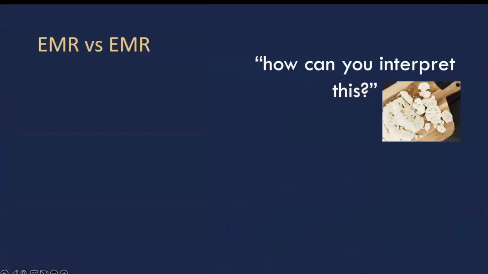So one thing is, it's an interesting slide, a lot of people's EMR versus ESD, right? And I've put here EMR versus EMR, because in my view, there is EMR and then there is high quality EMR, right? So if you take the cauliflower analogy, which is very often shown in conferences to describe why you